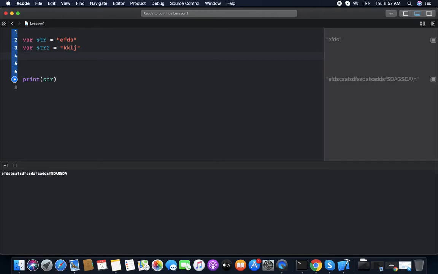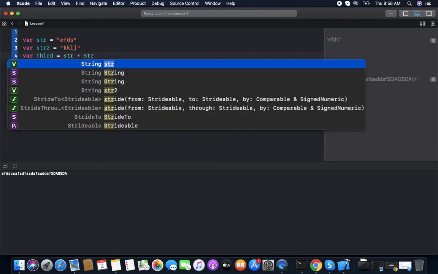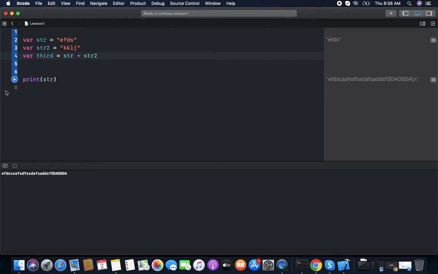We need to make a third with the addition of the first two. So str plus str2. If we print third, then it will be the addition of the first two. So you can see this.